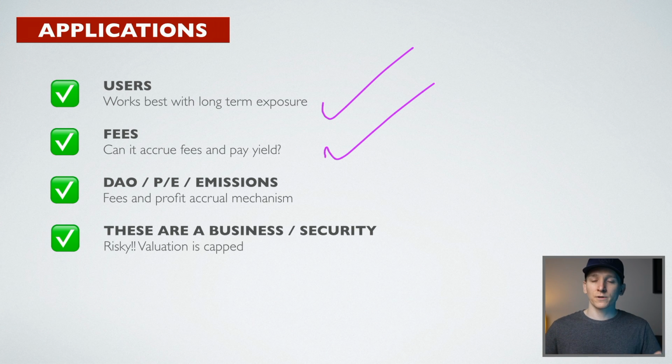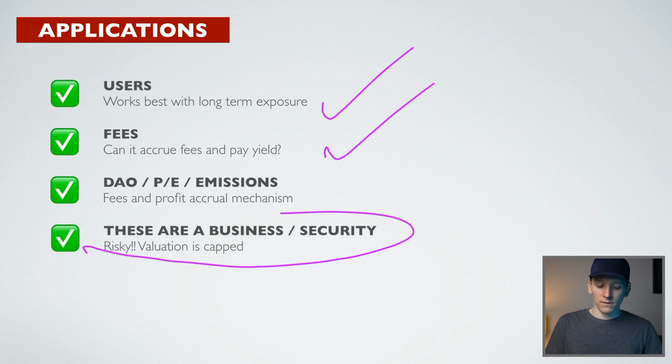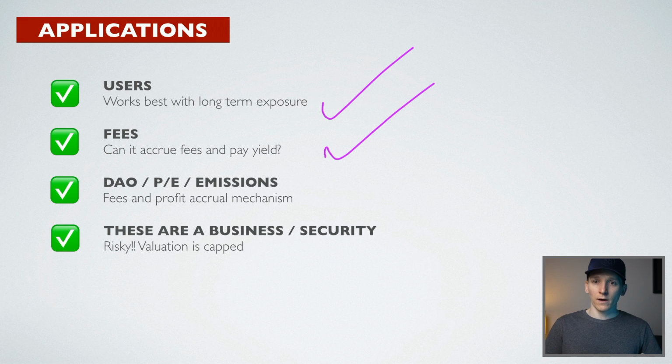So I think of Uniswap just like Airbnb or Uber, right? It's an application where you have 2 different people that come together, do something, get charged a fee, and then leave. And so we can actually put a valuation on these very simply, right? These are businesses, plain and simple. They operate on a blockchain, but they're a business. An exchange is a business, and so very risky. And the total valuation is capped to how much money that they can actually extract from users over the long term, right? Very, very different to Bitcoin and money.